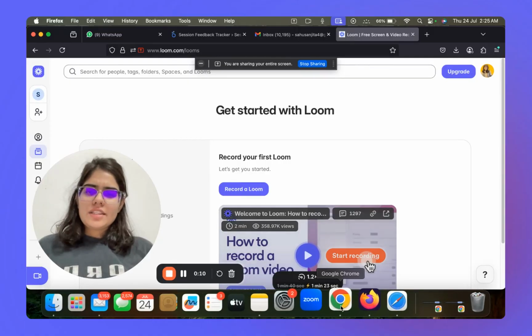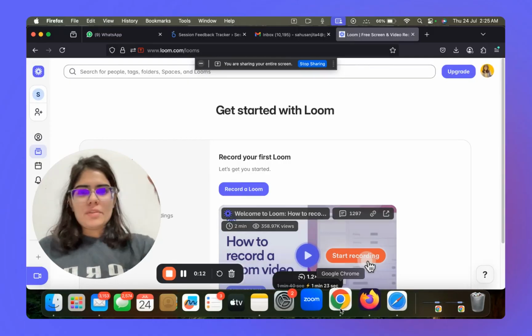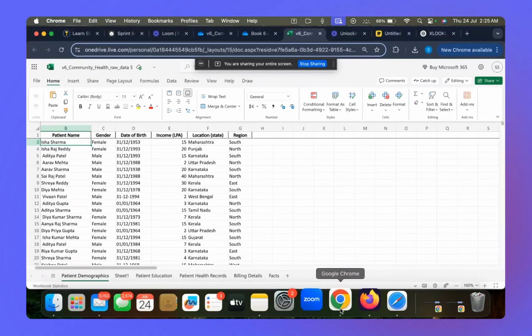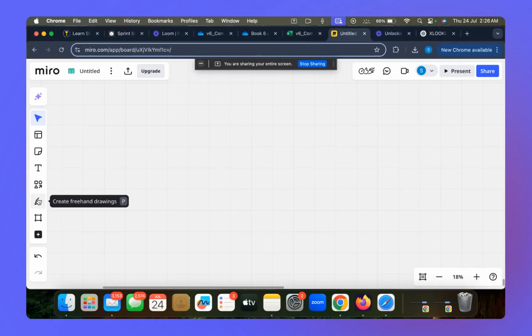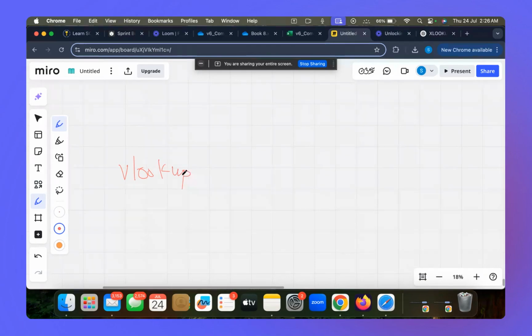So in this particular session, we are going to discuss a topic for the next 10 minutes, and the topic is related to Excel. I hope you guys are able to see my screen. So let's get started. The topic that we are going to discuss today is the VLOOKUP function, one of the most important yet most used functions in Excel. One of the most important questions even in your interviews is: what is the VLOOKUP function?